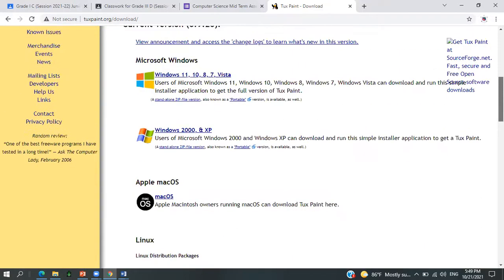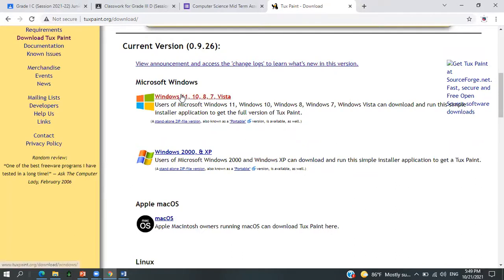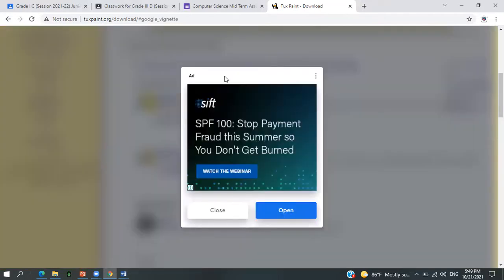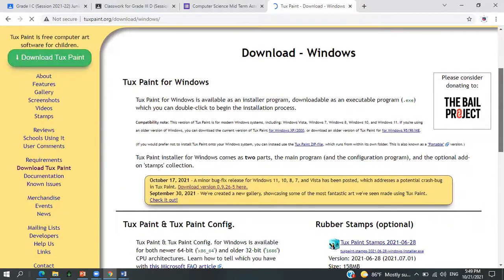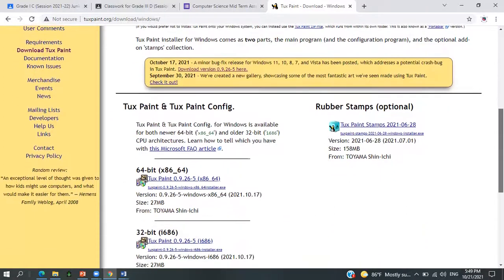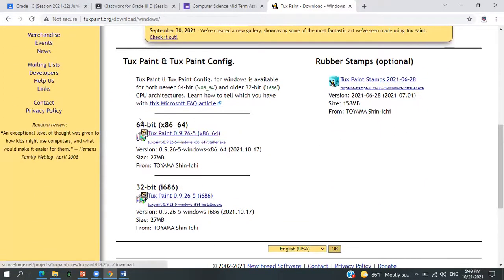So I will be using the Windows version here because I'm working from a laptop. When I click on it, I will just close this ad over here. See, the download has been started. They will ask me again which bit I have to go for. My Windows is 64. For this, you need to ask your parents which option you're going to select. Take help from any of your elders at your home.